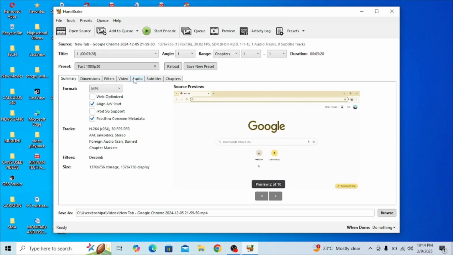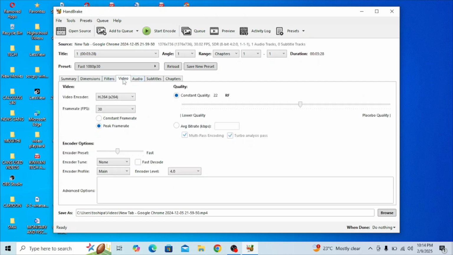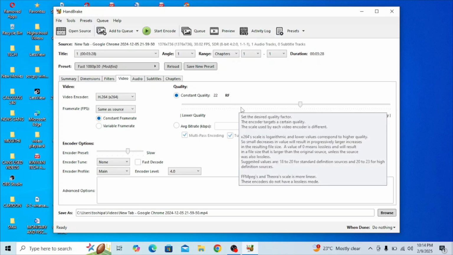After doing that, your video will be loaded in Handbrake. Now come to where we have video, and then to where we have frame rate. Set the frame rate to same as source. Where we have variable frame rate, make it constant to stop being variable. Where we have the encoder preset, choose slow. And where we have the quality or constant quality, choose